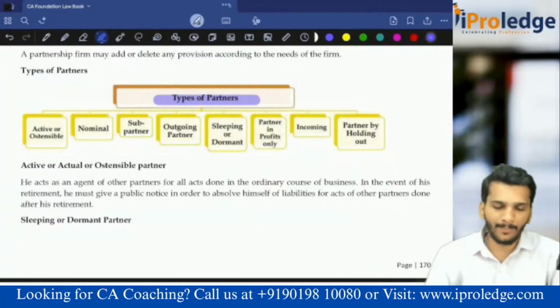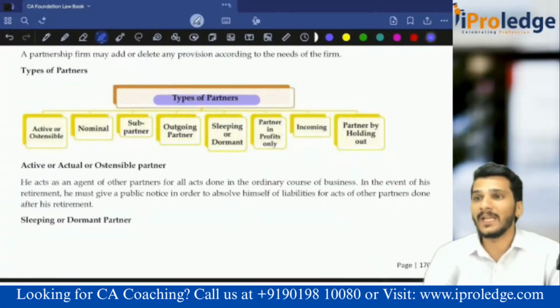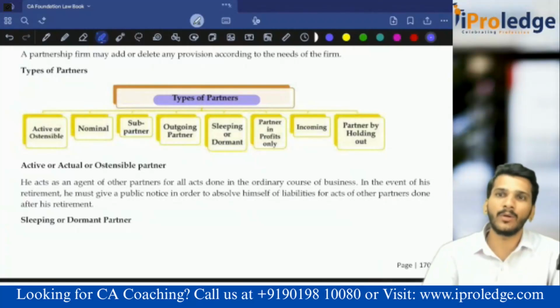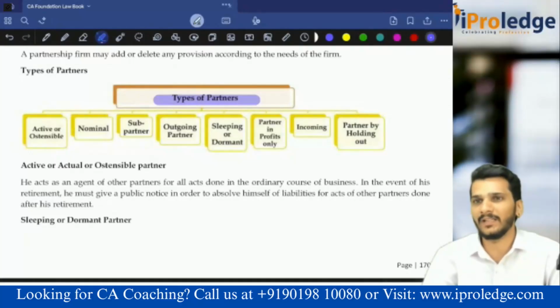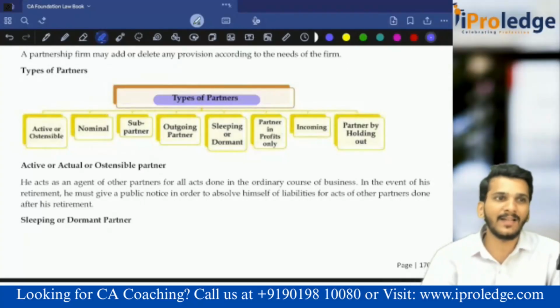The party mainly contributes his name, never the money. For example, this brand ambassadors will be there, right? Those people will be bringing only the name, and they'll say take some 20-30% of the share. Here they say nominal partner no need to share the profit, but nobody will give the name just like that. If there is an agreement to share the profit, then they can share the profits. But the person who just lends his name is called as nominal partner. Name partner is a nominal partner.